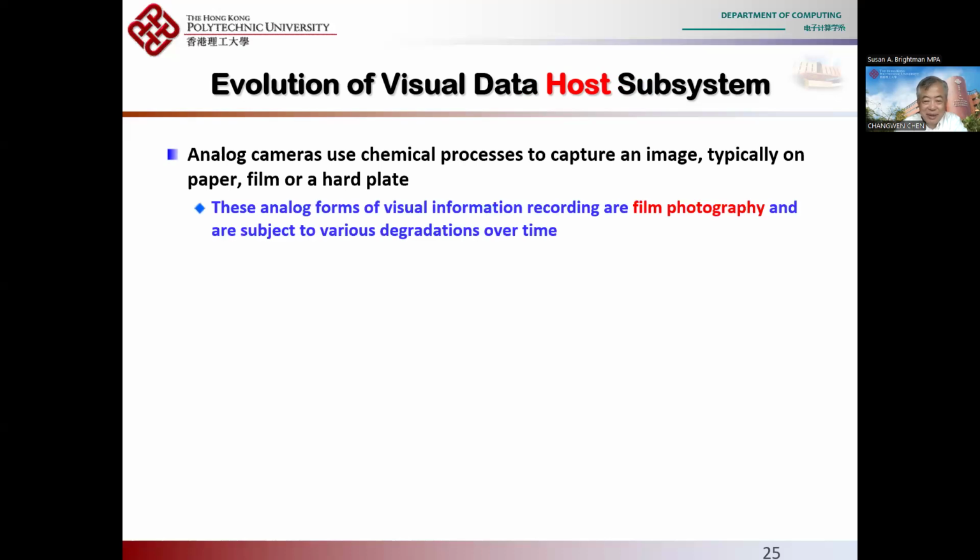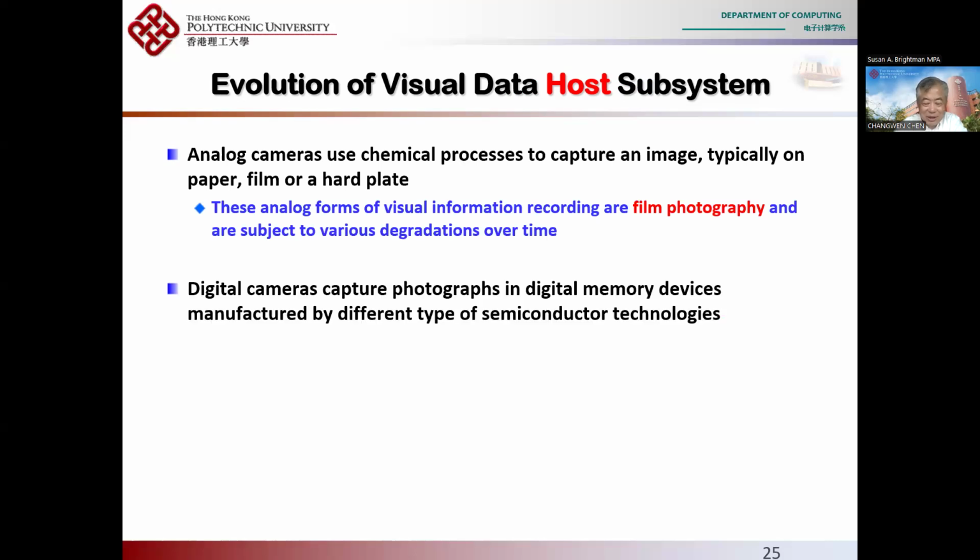Okay, so this analog form of visual information recording is on film photography and subject to various degradation over time. I'm pretty sure Rochester used to have many chemical engineers here, and then later on when digital came, more electrical engineers came to this field. Okay. So for digital cameras, of course, photos are captured in digital memory devices manufactured with different types of